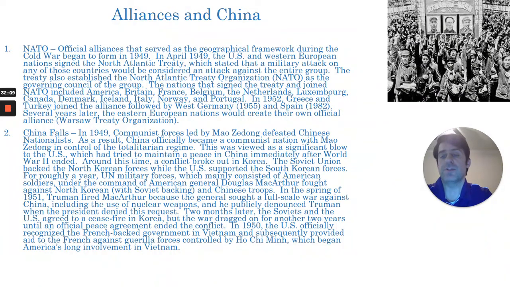After that request was denied, MacArthur publicly denounced Truman, and as a result, Truman fired Douglas MacArthur essentially for insubordination. This all basically comes to a head in April of 1951. And a couple of months later, the Soviet Union and the United States preliminarily agreed to a ceasefire in Korea, but they did not finalize a peace agreement. So the war continued to drag on for another couple of years until an official peace agreement was signed in